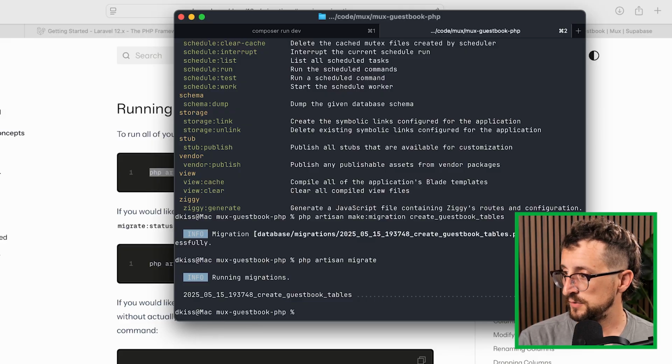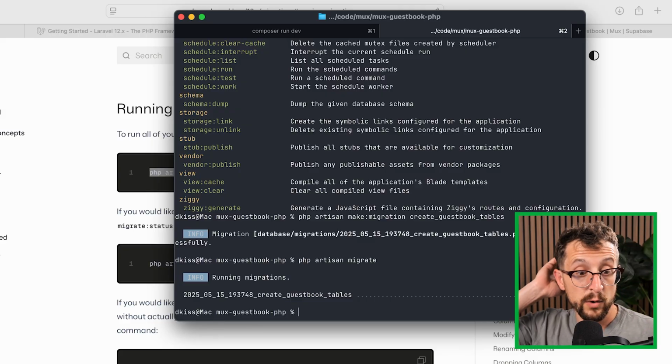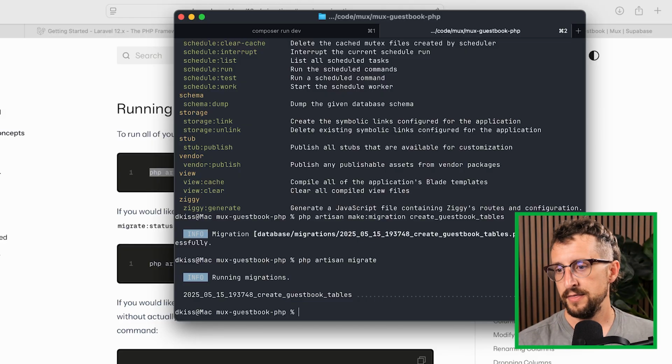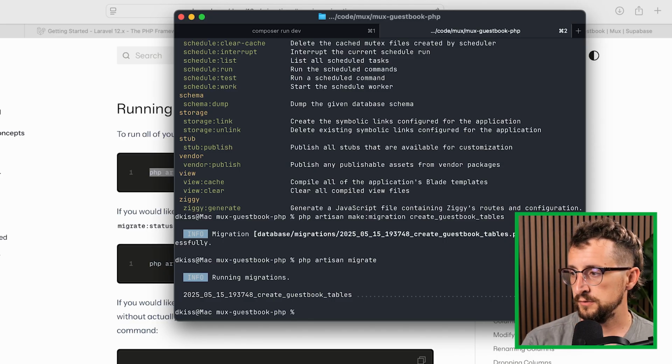And it looks like it completed successfully. So now we have our database in place that's ready to start accepting some entries. Pretty cool. Okay, so now that we have our database migrations run, we need a way to interact with that